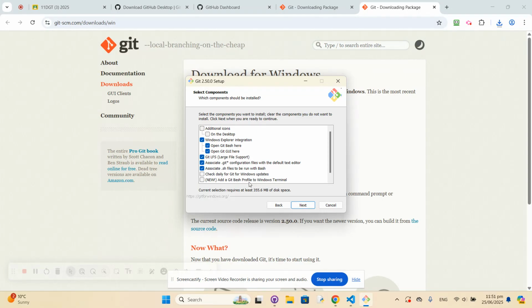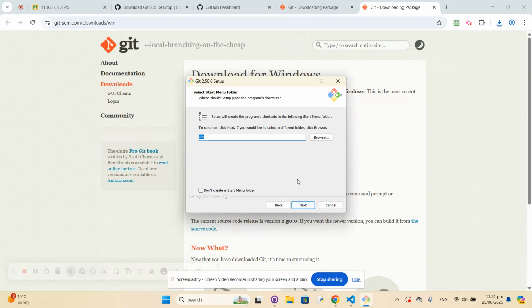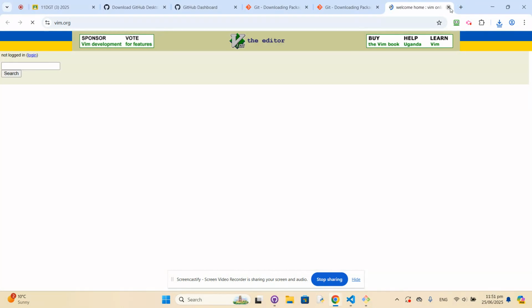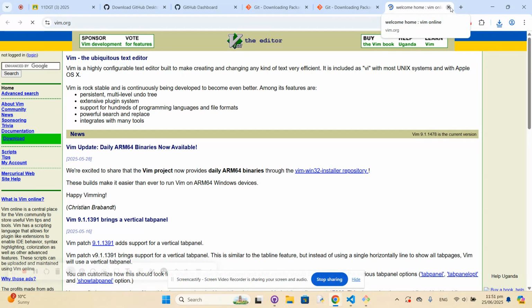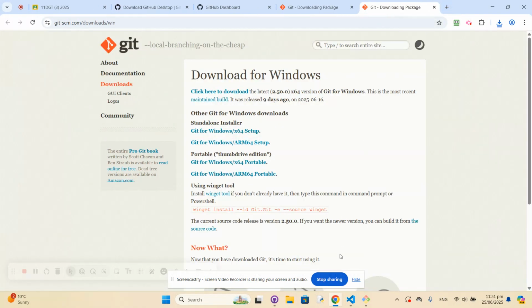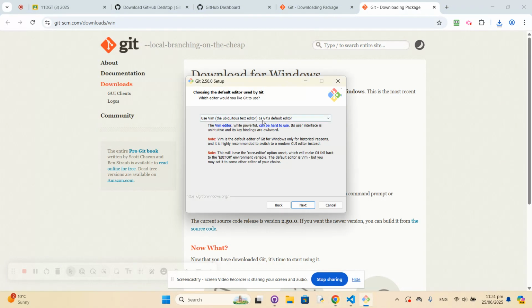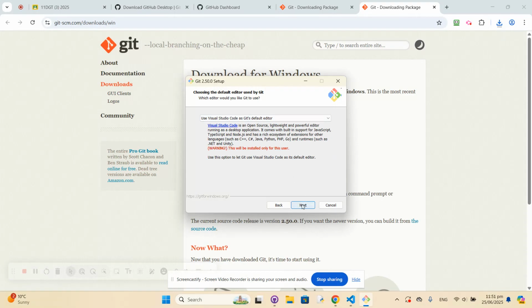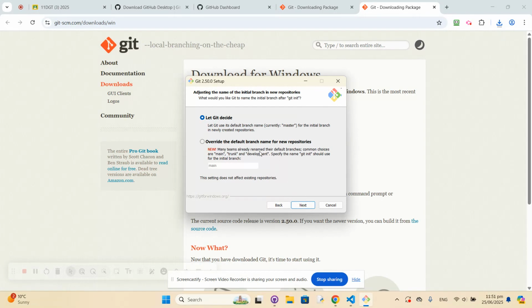Add Git Bash profile to Windows terminal. I'm not going to do that for now, okay? So next, and then go next, and next. Oh, what editor you want to use as default? I don't want to use Vim editor. I want to use Visual Studio Code. Yep, and go next, and next,